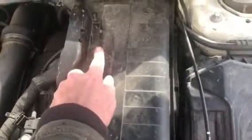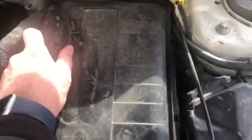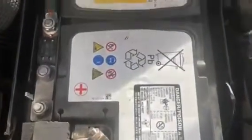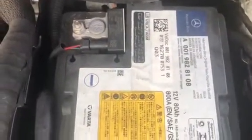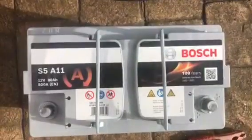So the first thing to do, I did have a zip tie there, that got cut some time ago, and it just held these cables in. So we're going to pull the battery holder towards the front of the car. It came off, and that reveals the original Mercedes battery. Now I have ordered a replacement, a Bosch replacement. I'll just show you that. It's a Bosch